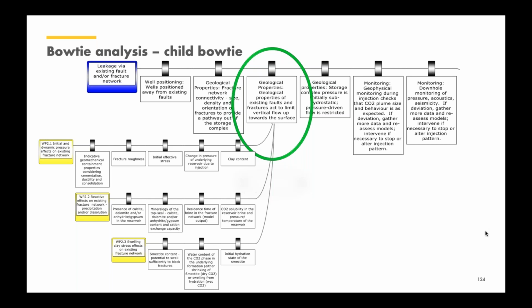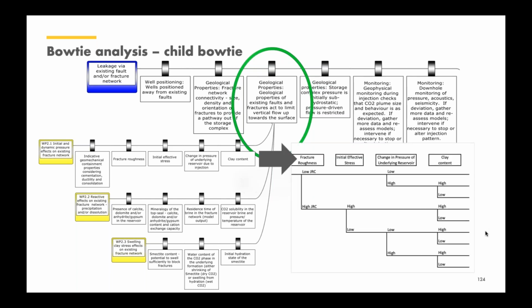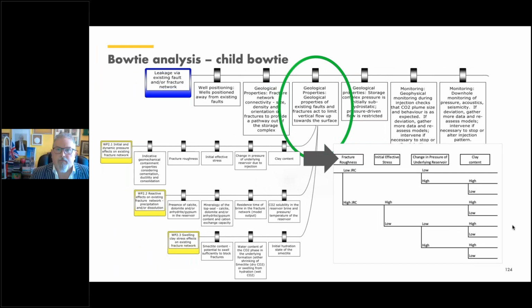Next one, please. And that is then used to lead towards a quantitative risk assessment, making a decision tree to look at the parameters that we have and the parameters that would be safe or worrying at the end. And the quantitative risk assessment, which I'm not showing here, might be shown